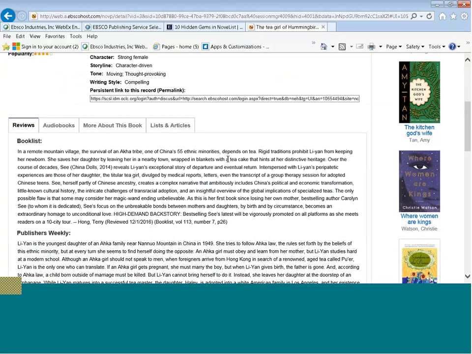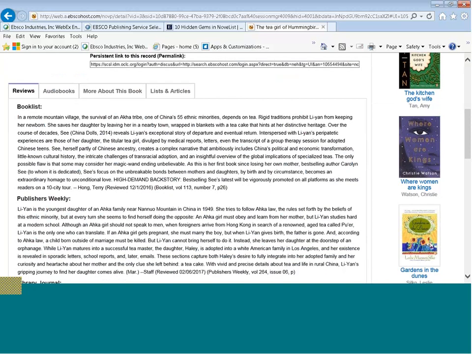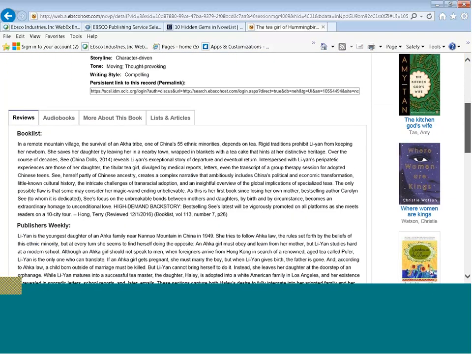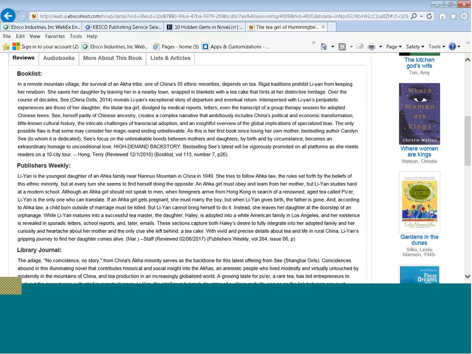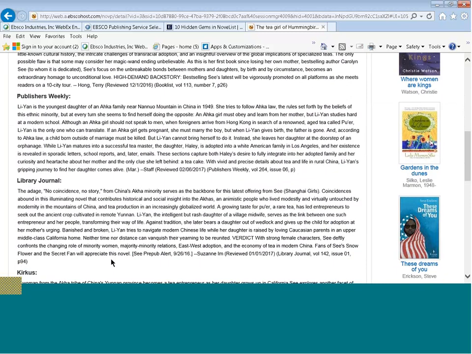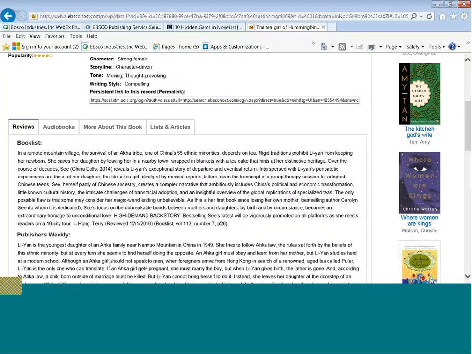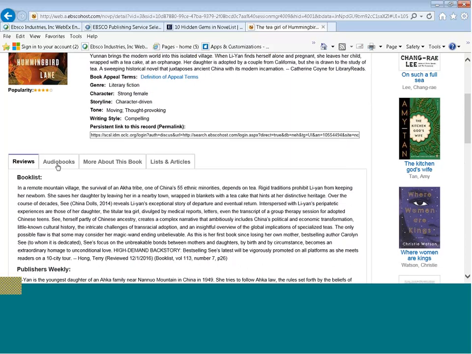As I scroll down with a title search, this is a really good help for collection development and acquisitions. So if you're in that role, when you do a title search, you could also just run a title search from the find field here. We clicked on the cover art to go to a title search. That's another way. But you can see the reviews from journals, more than likely you're familiar with, and then tabs for audiobooks. So audiobooks that